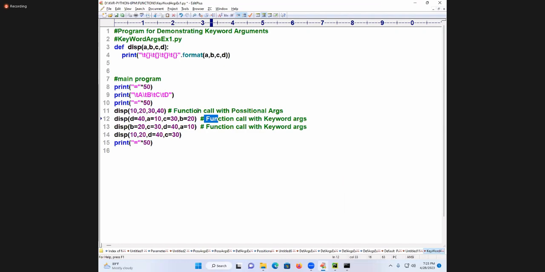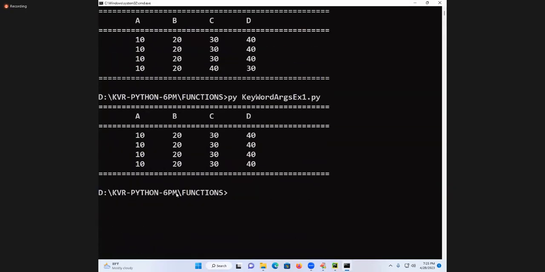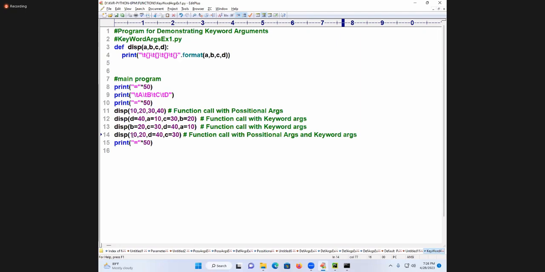Function call with positional argument and keyword arguments, both of them are there, right or not? Execute. See students, are you getting or not? What is this combination? Positional arguments as well as keyword arguments.